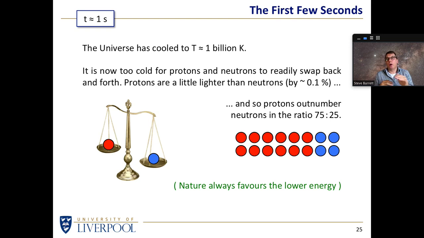And nature always favours the lowest energy. And in this context, energy and matter are almost interchangeable. And if nature always favours the lower energy, it's also fair to say nature favours the lower mass. So if it's making lots of particles, it'll make more of the lower mass. It's only smaller by 0.1%, but at this particular temperature, we can calculate that that would predict that we should be getting 3/4 proton, 1/4 neutron. For every kilogram of stuff that's made, 3/4 of it should be protons, 1/4 of it should be neutrons.